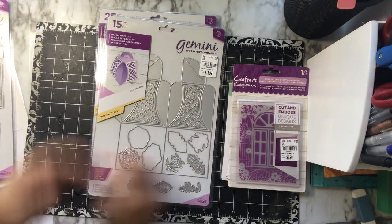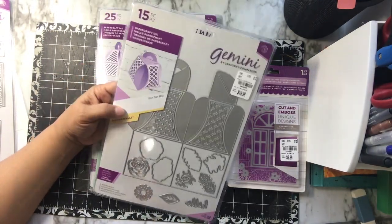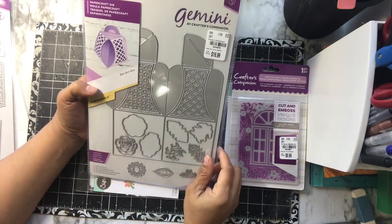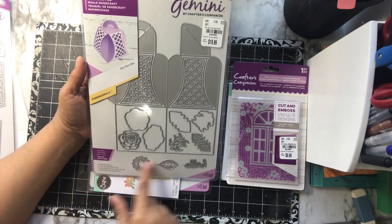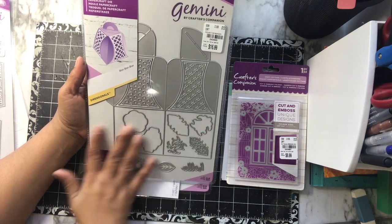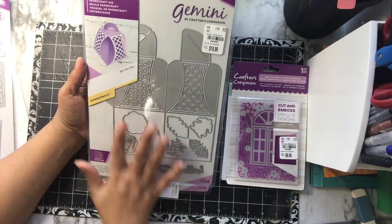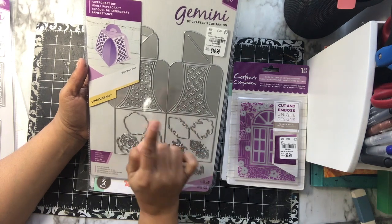So it's a nice little box. Then the next one is the bonbon box, and I thought this one had a really fun shape. It's got the interlocking at the top, and again, all of these are $16.99. This is 3 1/4 by 4 inches. You have a lot of accessories, flowers and leaves, and it says hello that you can add on it as well. And of course, with any of these accessory dies, you're not limited to use it with this. You can use it with anything else. They do give you 2 different designs, which is nice. So you can make it with the holes, or you can make it with the